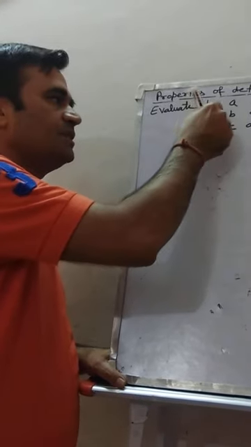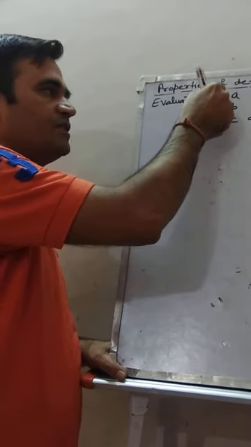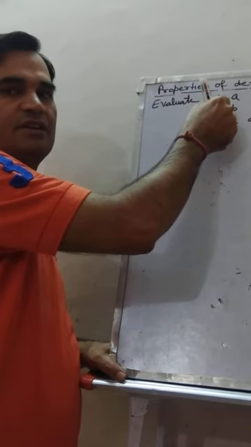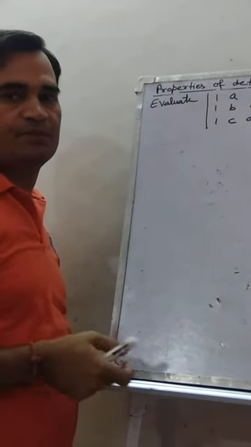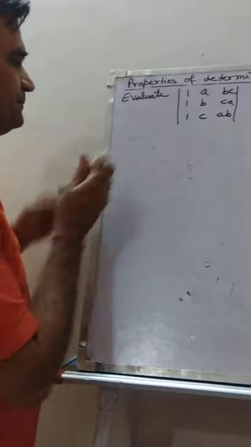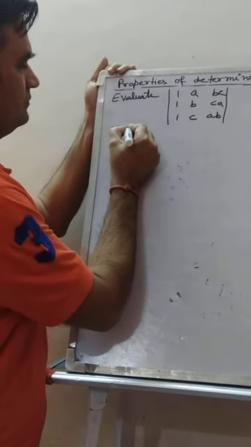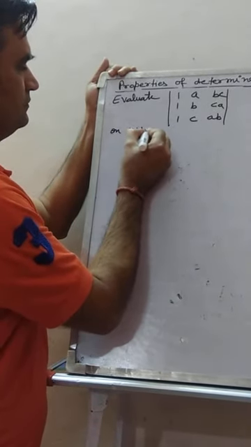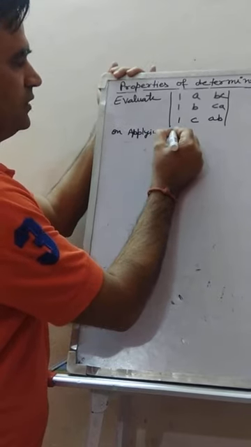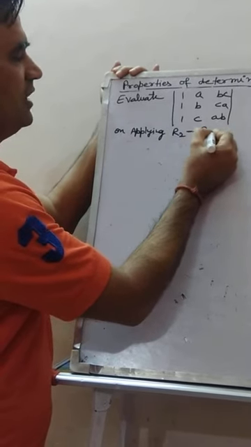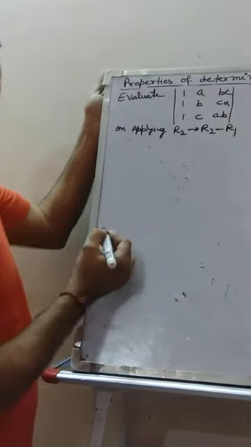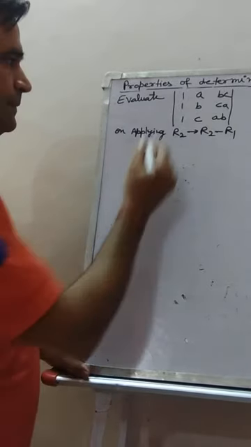How can we make this 0? If we subtract this one from here, then we can make it 0. So on applying R2 as R2 minus R1, then